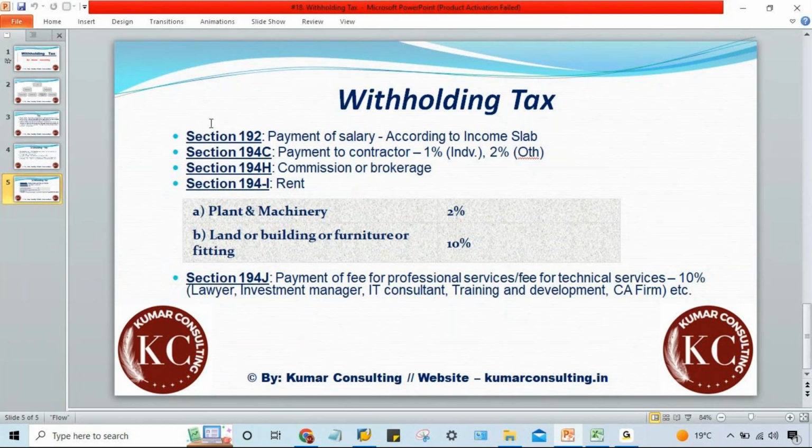Look here, if you talk about rent, for plant and machinery a different percentage is going to be deducted, right? Let's suppose plant and machinery, in the sense like Tata Motor has a particular machine which is taken on lease, taken on rent. If it is taken on rent, a particular amount is going to be paid every month.